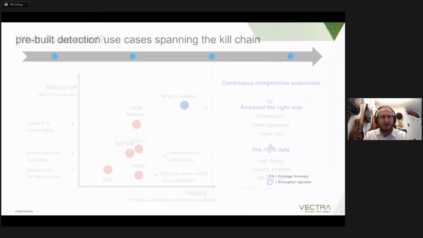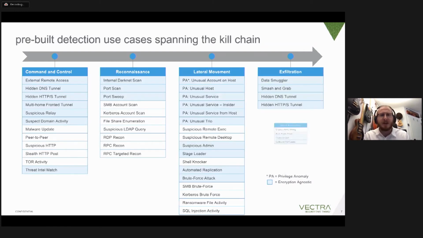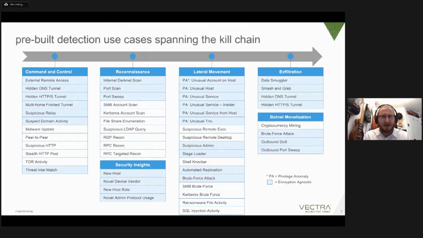What Vectra does is we have pre-built detection use cases that are spun around the kill chain. From command and control to reconnaissance, or lateral movement to exfiltration and even botnets, we provide you predefined use cases that work out of the box. So there's no use case engineering required.